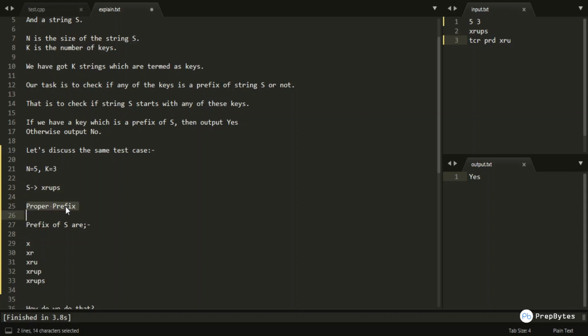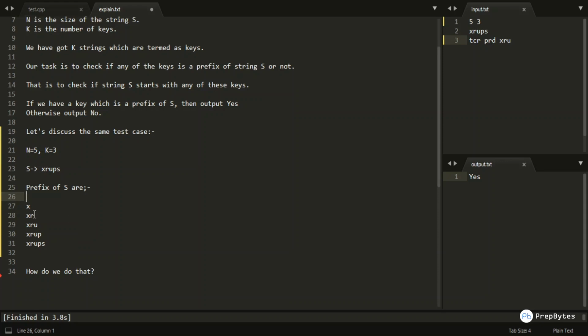So they have just asked us to check if my string s starts with any of these particular keys. Here we don't need a proper prefix, we just need to check if any of these keys is the starting string of the given string or not. So the prefixes of s are x, xr, xru, xrup, xrups, and my given keys are tcr, prd, xru.